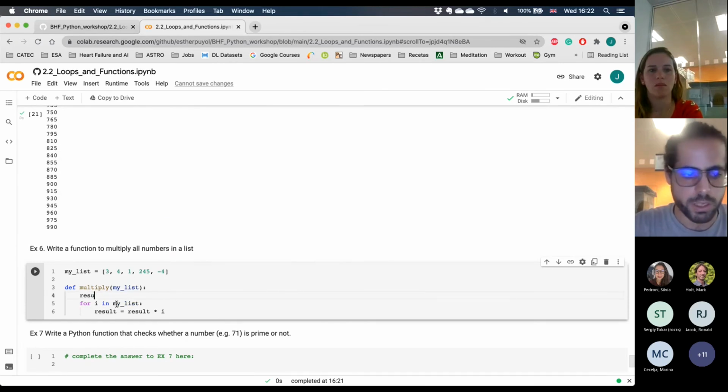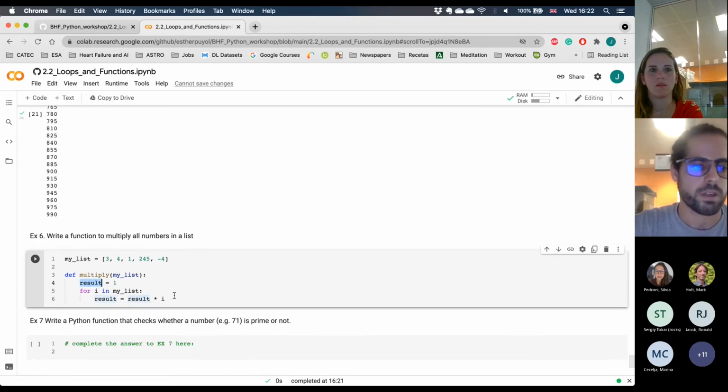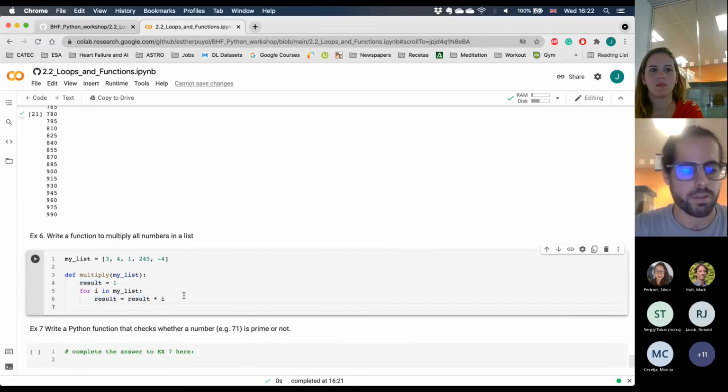And we need to initialize result equals 1, so that the first time that we go in here, it knows what to do with this result. And obviously multiplying by 1 doesn't change anything, so that's okay. And then the final thing that a function needs to do is to return something, or to do something that the user can benefit from. So we return